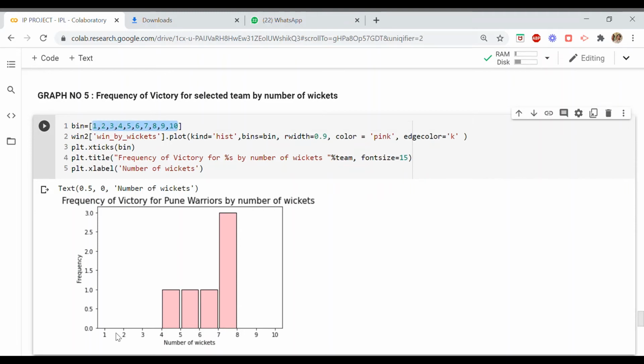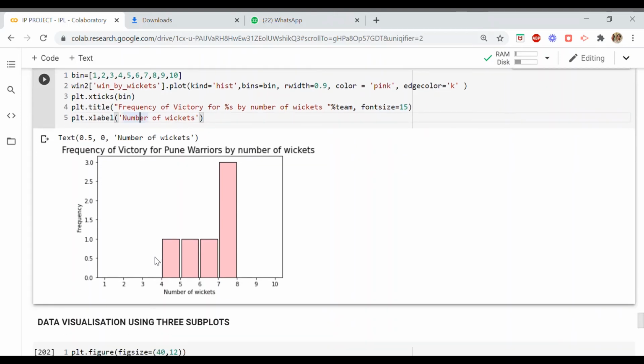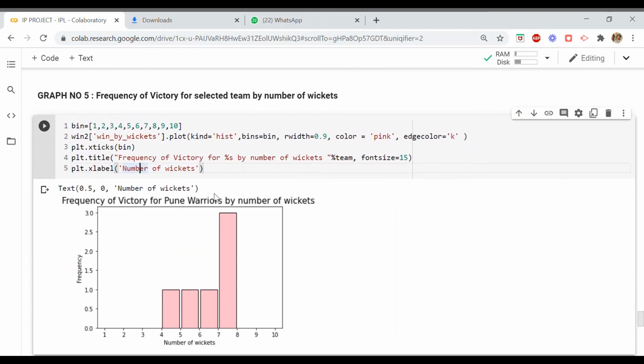So every bin will be marked as a tick on my x-axis. And then the title is given over here, including the team name as the formatted part of my title, and I have increased the size over here, and then xlabel and ylabel. Accordingly you can add it to your graph. So this is my graph number 5.